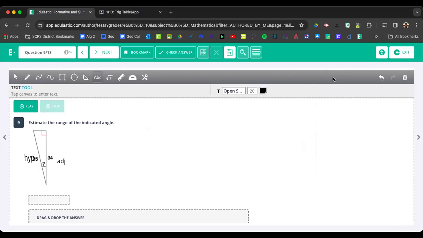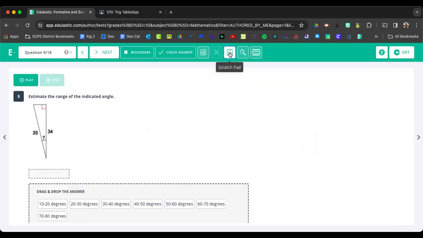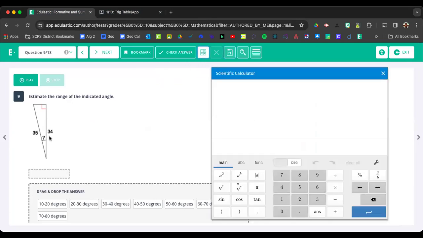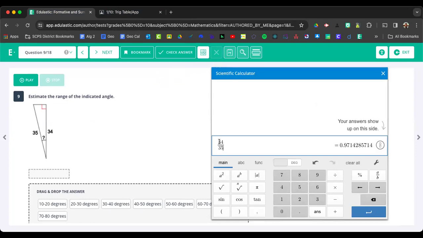So if I clear out my scratch pad, I'm going to go to my calculator and calculate adjacent divided by hypotenuse, because that's based on the sides that I had. So I'm going to take 34 divided by 35. And if I do that, I'm going to get